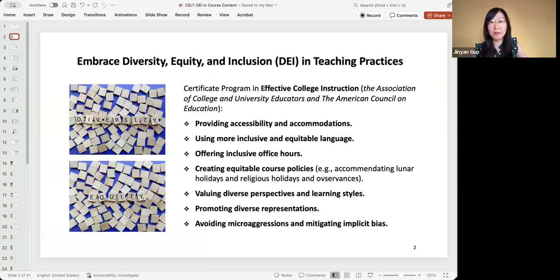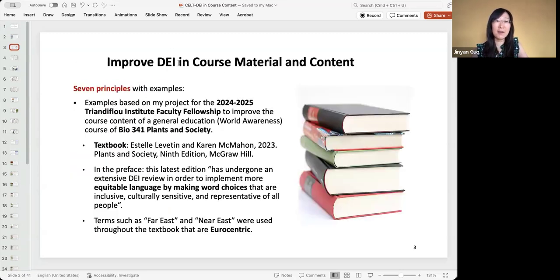During the certification program in effective college instruction, I learned the following ways to enhance DEI in teaching practices, including providing accessibility and accommodation, using more inclusive and equitable language, offering inclusive office hours, creating equitable course policies, valuing diverse perspectives and learning styles, promoting diverse representations, avoiding microaggression, and mitigating implicit bias. And lastly, but not least, is to improve the DEI in course material and content, which is the focus of